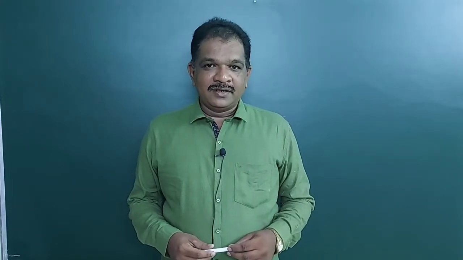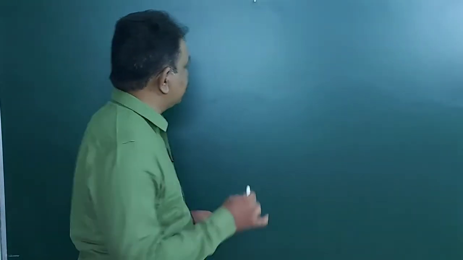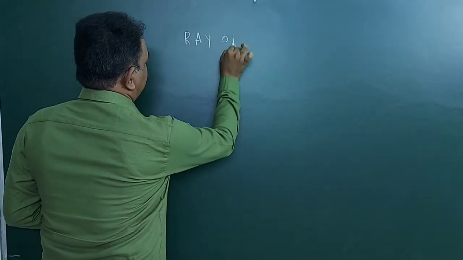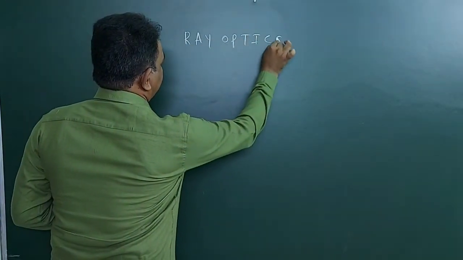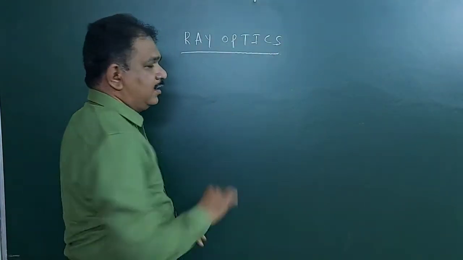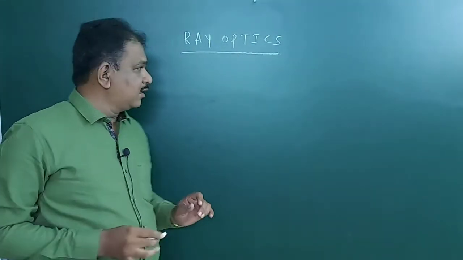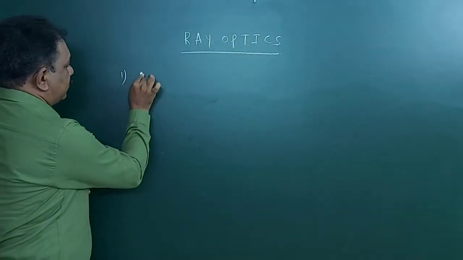Now we will start the new lesson, ray optics. Okay. Name of the chapter will be ray optics. It is a big chapter and in total 6 main concepts we will discuss here. What are those concepts? First one will be